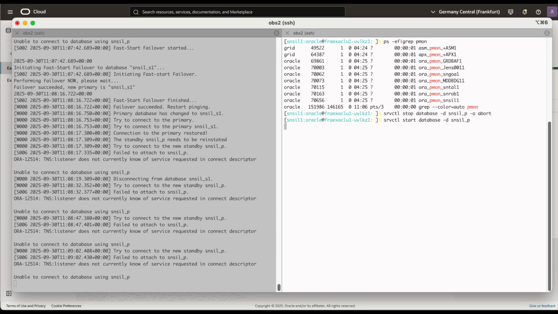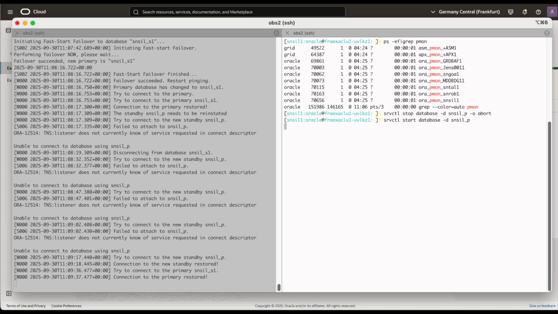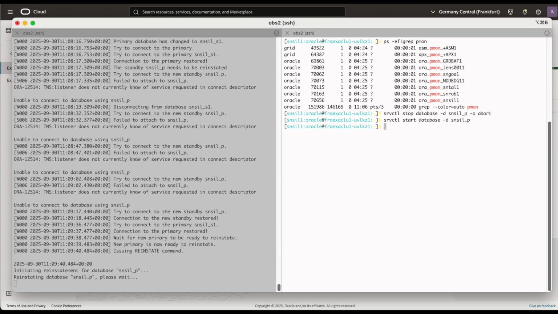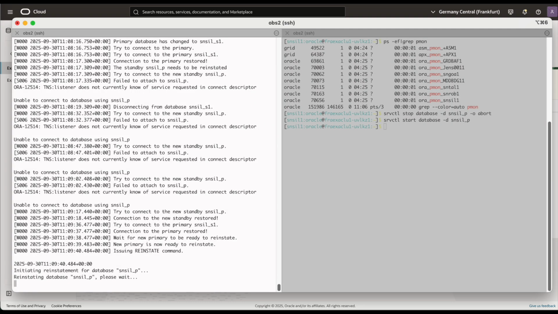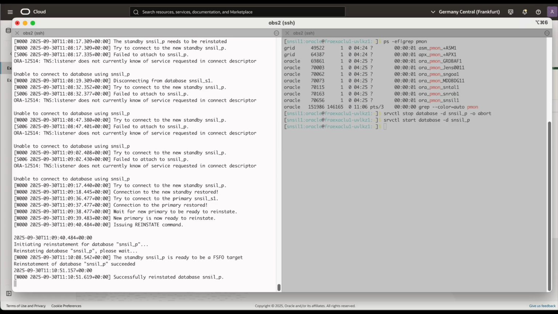After the old primary is available again, the observer will reinstate the disabled standby database. Now in the observer log file, you can see that the database sn_sil_p was successfully reinstated.